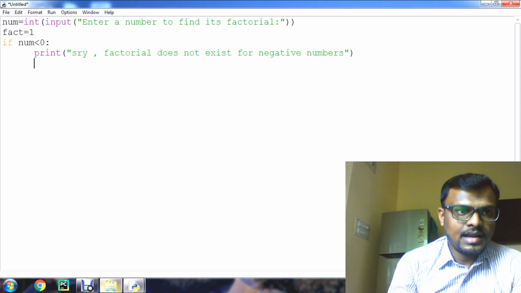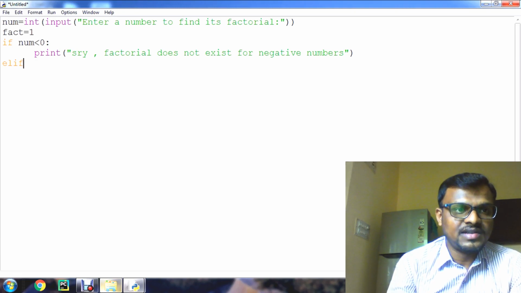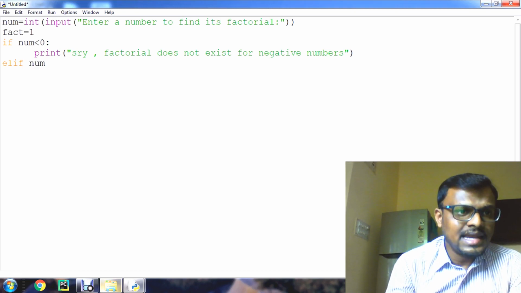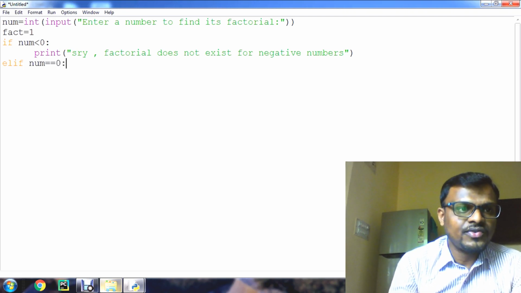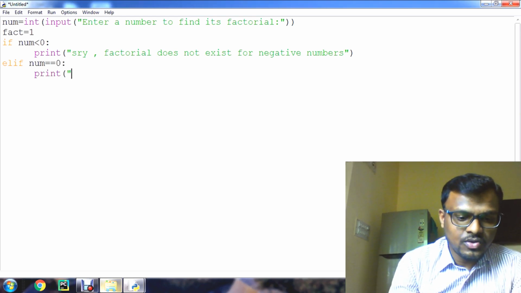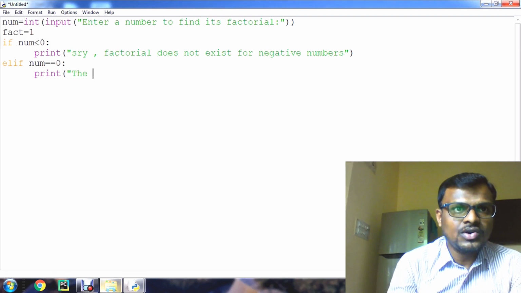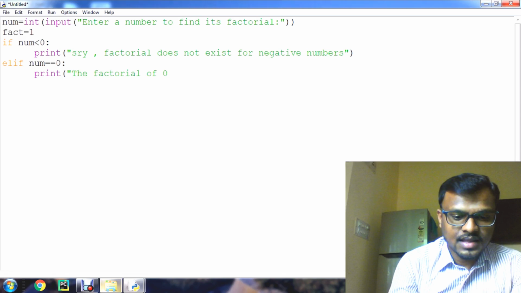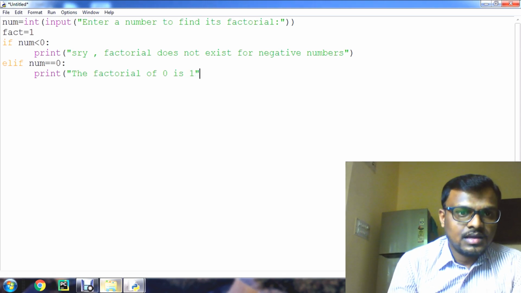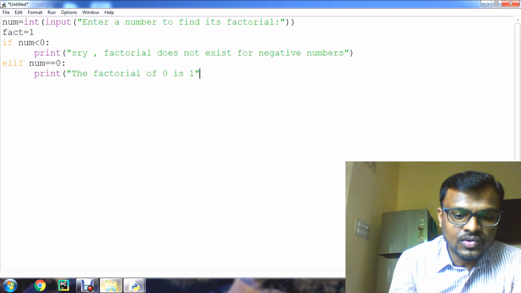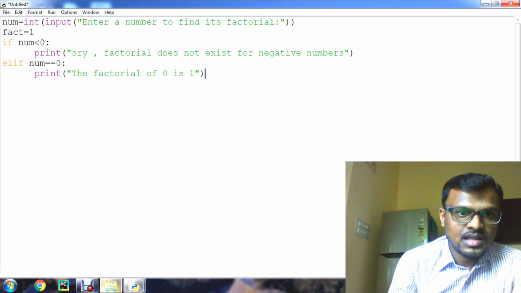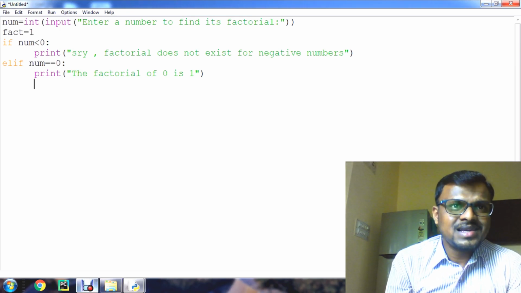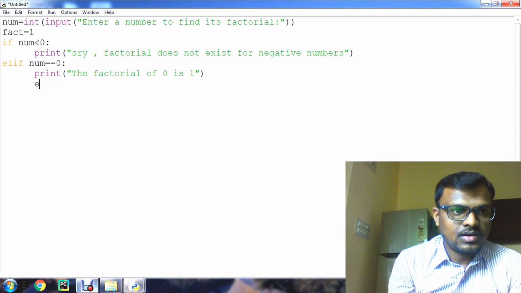Already we have discussed elif conditions: elif num is equal to 0, then we are going to print the factorial of 0 is 1. Now we'll check the else part.